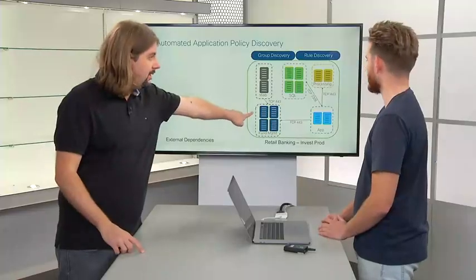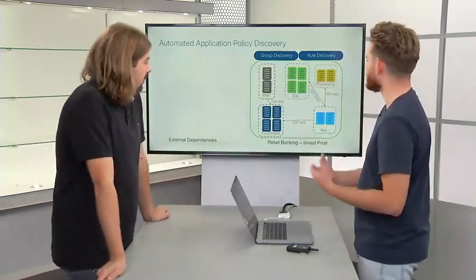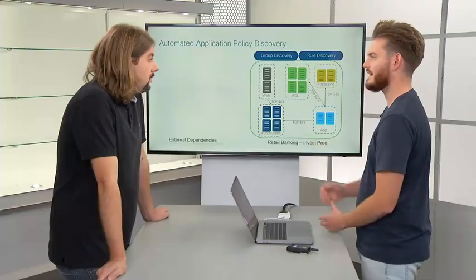I see. Okay, so the real problem we're trying to solve, if I understood you, is you want to automate that? I want to automate this discovery. I don't want you as the end user to have to give me this information. I want Tetration to automatically discover this information and then keep it up to date as these applications change, all at scale.